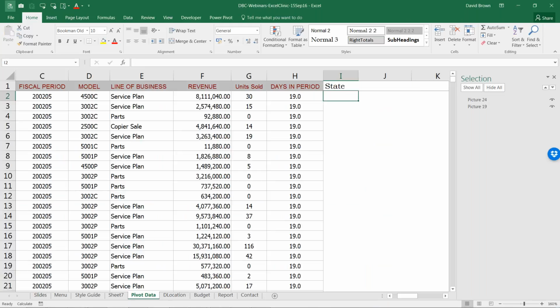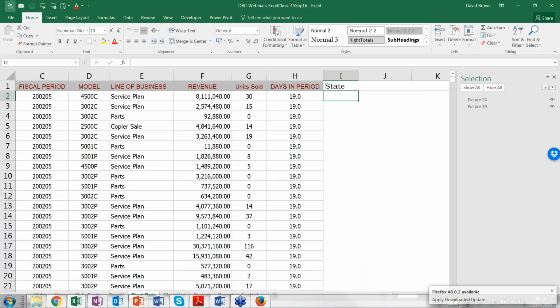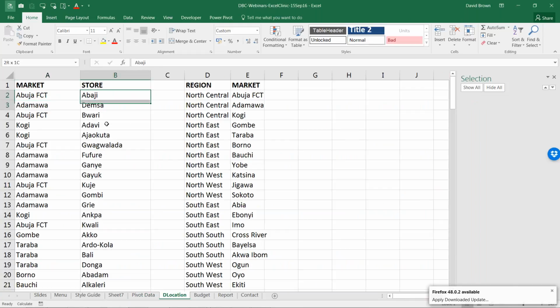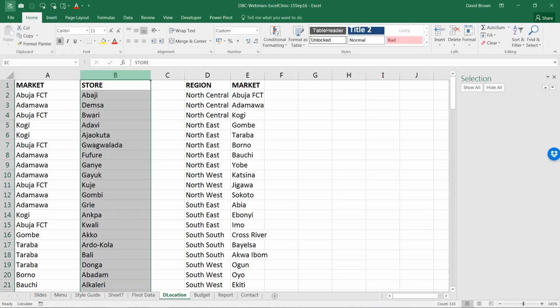So I'm going to try and use VLOOKUP. What I did with my eyes was I looked at Abaji, and then I went to this table to look for Abaji. And once I found Abaji, I picked the market. Now for VLOOKUP to work, remember VLOOKUP looks from left to right. That means if I find what I'm looking for here, I need to go right. I can't go left. Unfortunately, once I found Abaji, I need to go to the left to collect what I need. So this table can't really work for VLOOKUP.